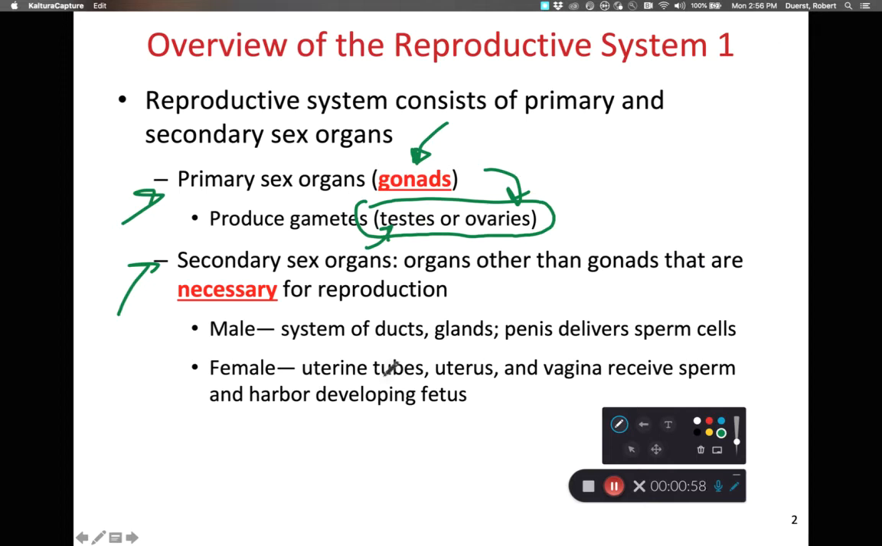And we'll talk more about eggs versus secondary oocytes in a separate discussion. Right now, we're just going to call them eggs for the sake of simplicity. As we look at secondary sex organs, these are organs that are necessary for reproduction, but they aren't necessarily going to make the gametes directly. So within the male anatomy, we have some tubes, a system of ducts to move the sperm and semen. We have glands to contribute to the semen. And then we have the penis as the method of physically delivering the sperm cells or delivering the semen into